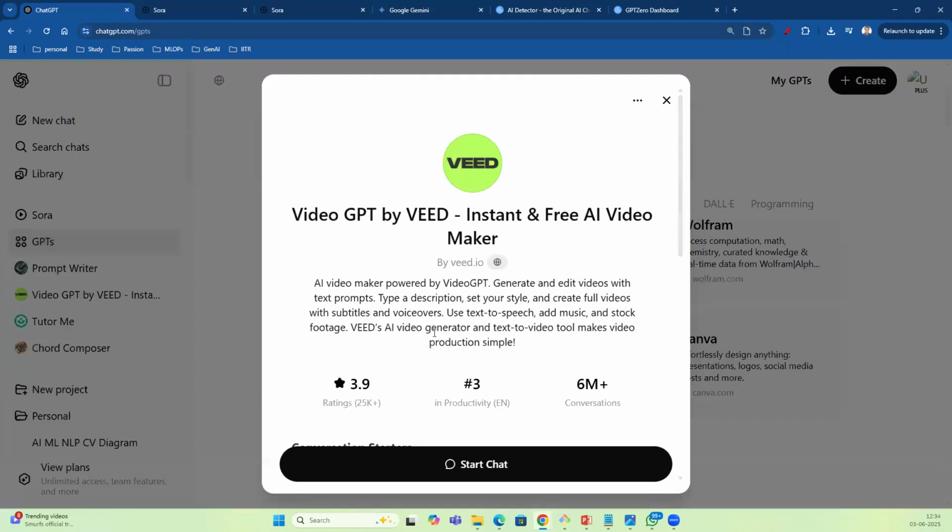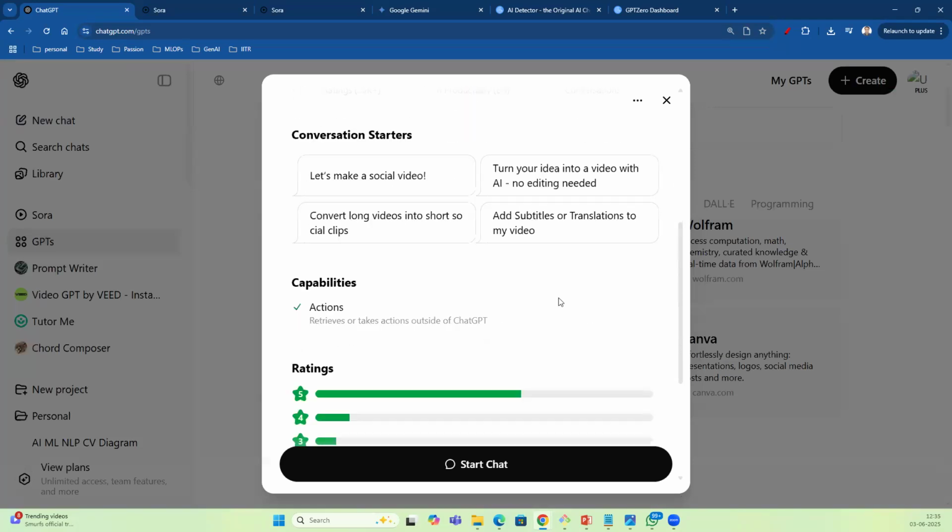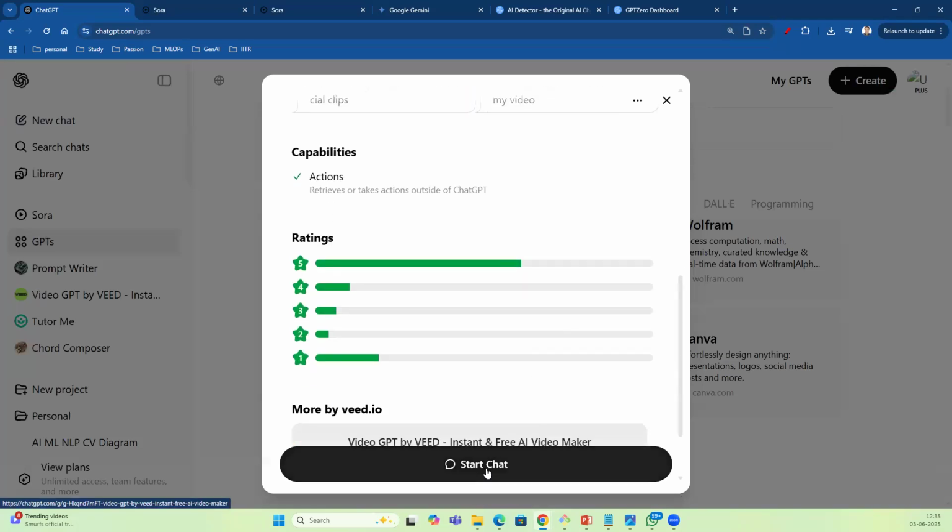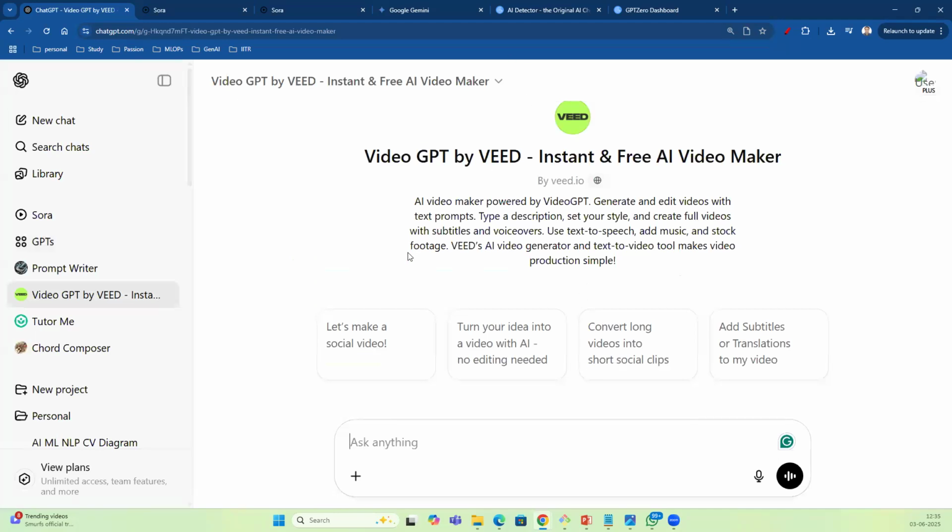These are simple, just click on this and start chatting. It's just like the GPT interface, because it works in this environment, so it will be easy for you. You'll have the same interface. You can ask how